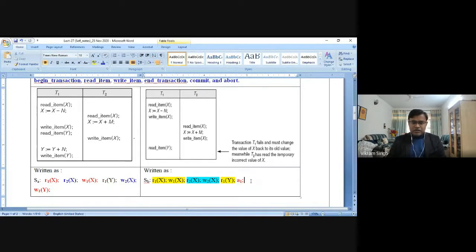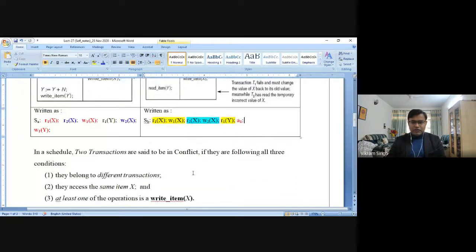So with this notation, you can now understand how these notations can be used as an alternative to express or explain the transactional operational details, right? So with this, let's go to understanding what a conflict is.